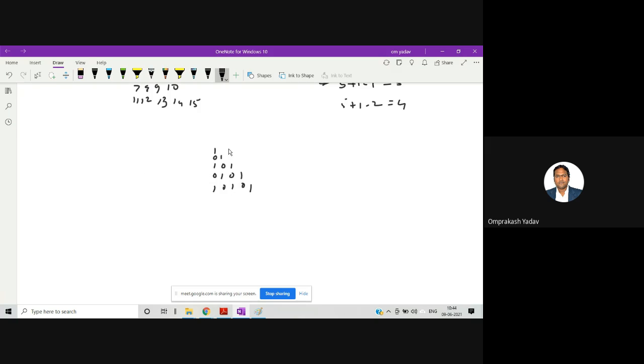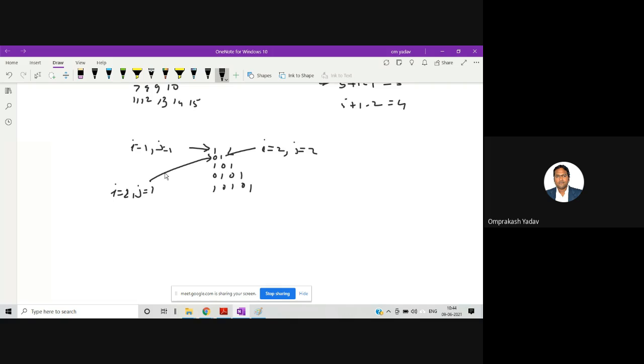Now if you see here, for the first row, i will be 1, and we are talking about the first column, so j is 1, right? This value is i equal to 2, j equal to 1. This value is i equal to 2, j equal to 2, right?